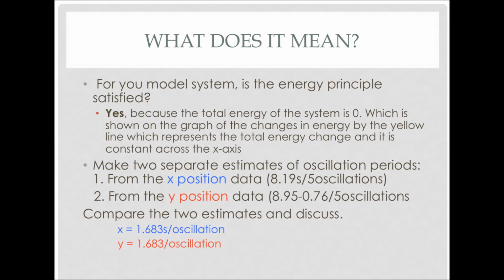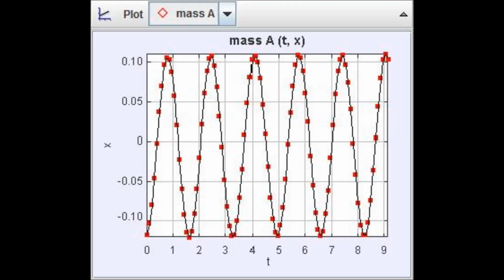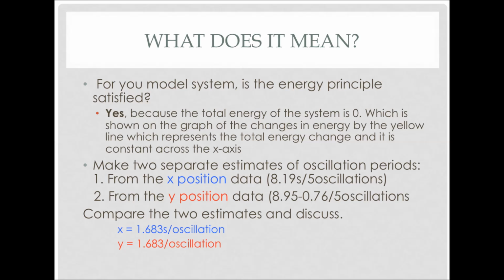The second question asked to make two separate estimates of the oscillation periods. To find it from the x position, I took the last time it touched the x-axis at t equals 8.19 and divided that by 5 because there's a total of 5 oscillations. Then for the y position data, I did a similar method, but measured based on the times of the peaks. So from time 0.76 to 8.95, that difference divided by the 5 oscillations it made. From these calculations, I obtained the same number,